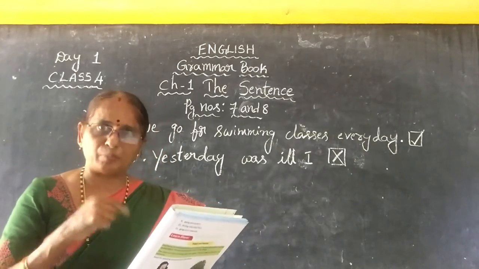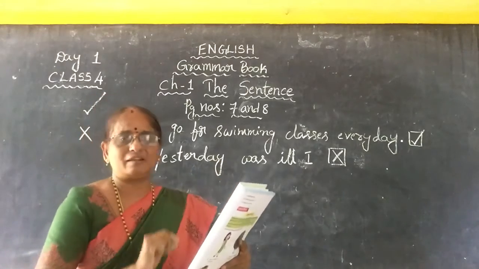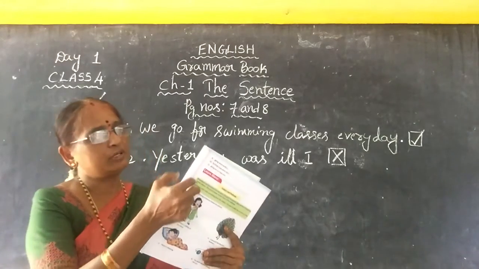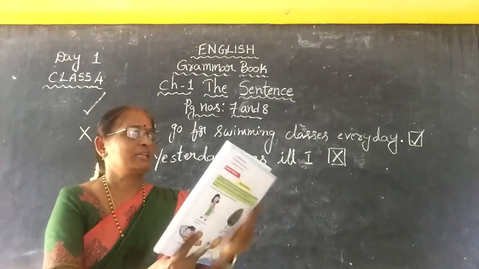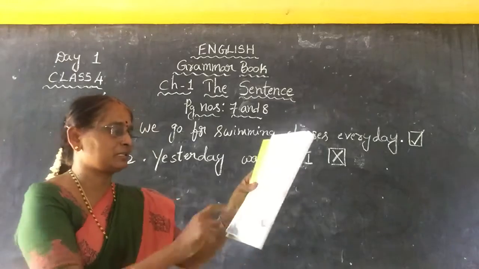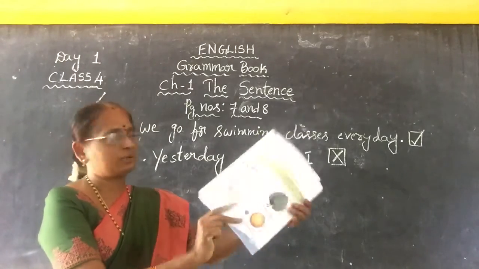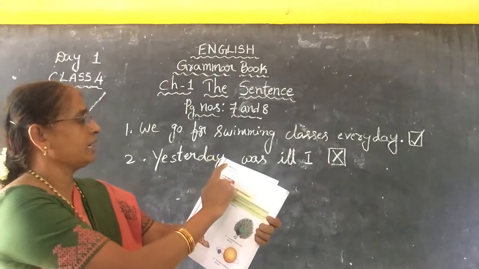For that you have to put a tick mark. Which one is not giving us the full meaning of the sentence or complete sense, for that you have to put a cross, children. Go through all these 11 sentences and put a correct tick mark or cross mark in these boxes. Okay, that is A, children. Coming to B. In B, how many sentences are there? 1 to 8 on page number 8, and on page numbers 9, 10, 11 see,